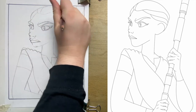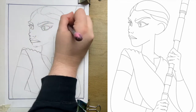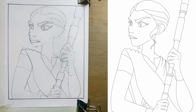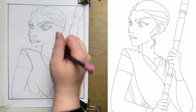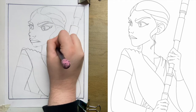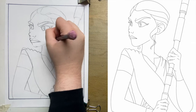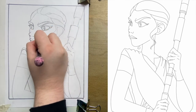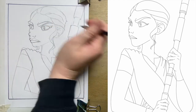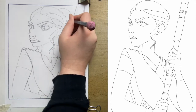So working in from the outside edge of her head, we're just going to get these curvy lines coming around her scalp, working back toward the back of her head, and then wrapping around down to her ear. Next, we've got a little wave of a curl coming down in front of her ear. A little curl under her chin for the other side and some details in the ears. We can add in her signature buns